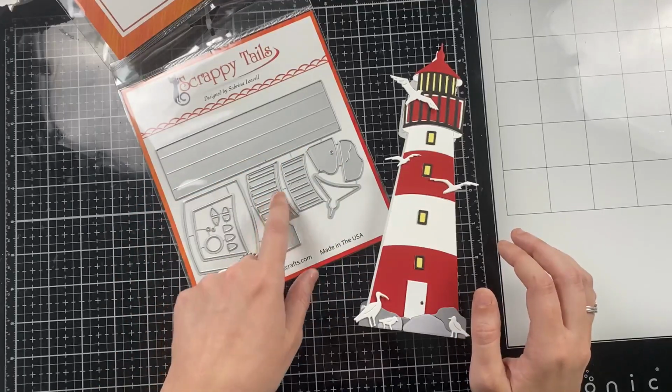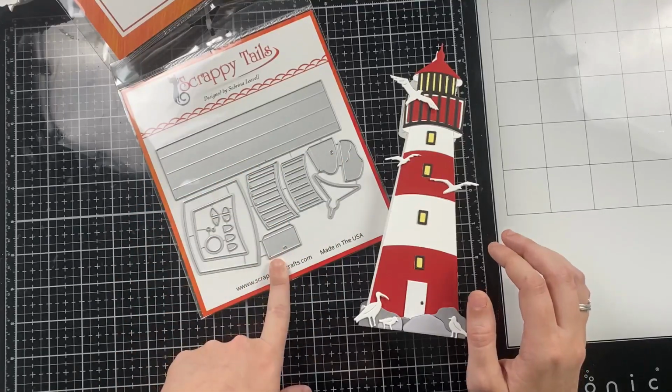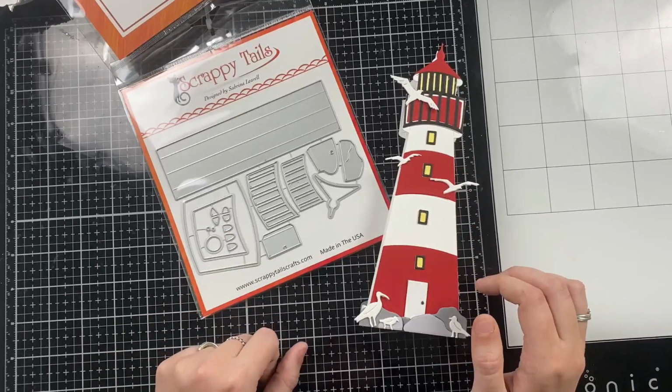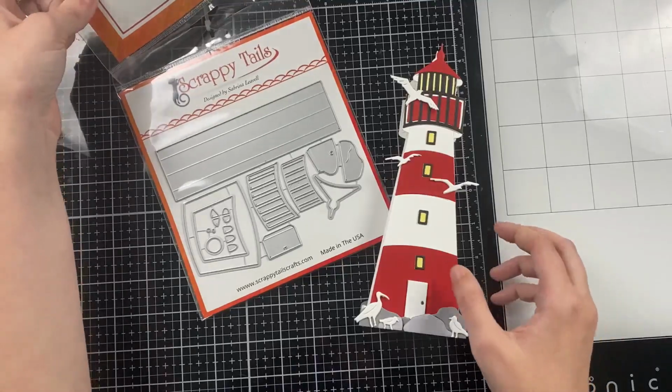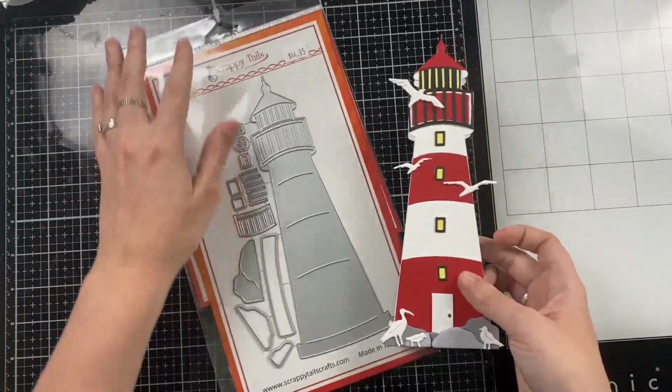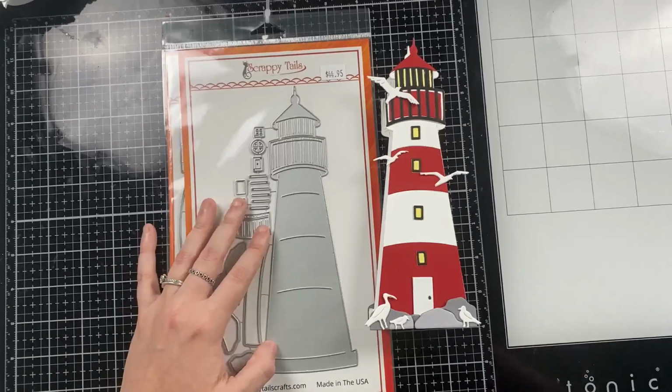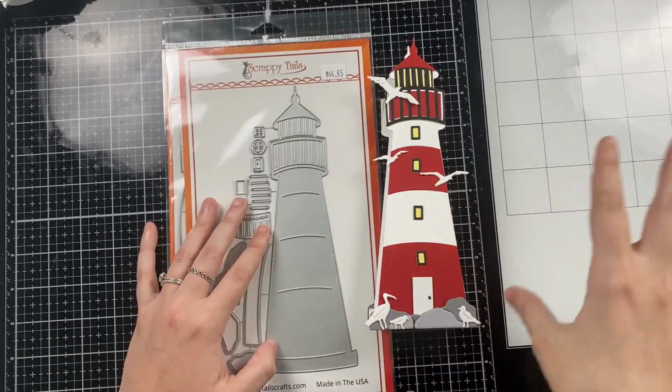So some more layering pieces and then the different door options. These large pieces are the stripes. And then again, some more windows and tiny details that you can add. So what's also nice about the fact that it is standalone is that I'm able to combine it with some other